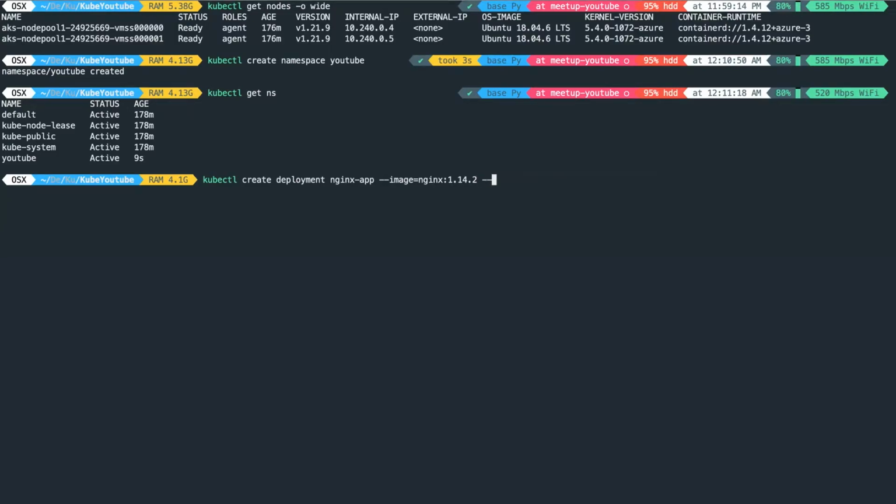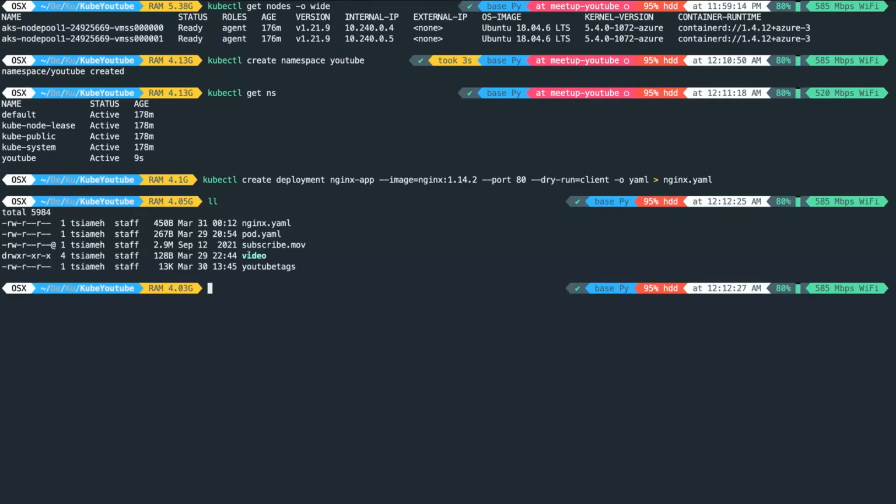And then also I'm going to specify the port on which this image is going to be running. And then I'm going to say dry-run equal to client, output as YAML, and then redirect it to nginx.yaml. Okay, so if I run this,